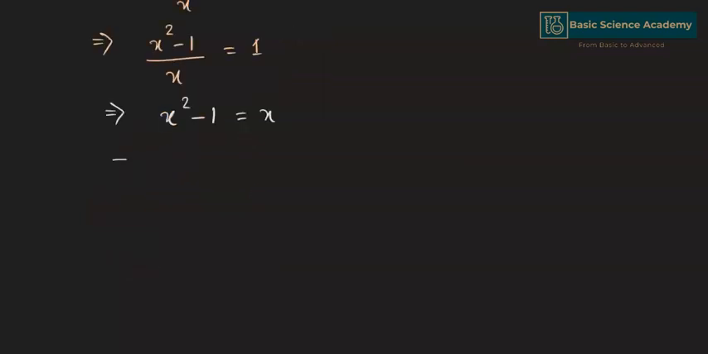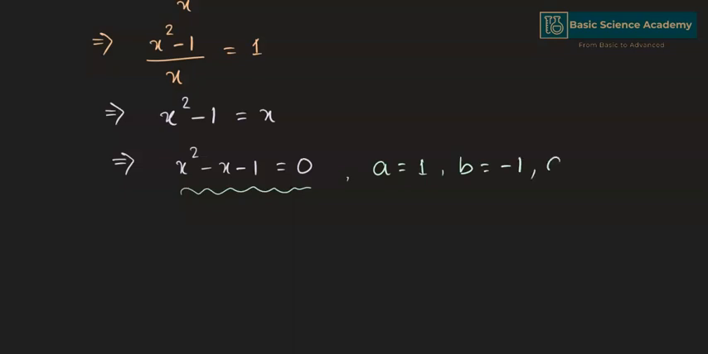This gives x minus 1 divided by x is equal to u is equal to 1. Or we can write x square minus 1 equals x. Rearranging the equation gives x square minus x minus 1 equals 0. For this quadratic equation, a is equal to 1, b is equal to minus 1 and c is equal to